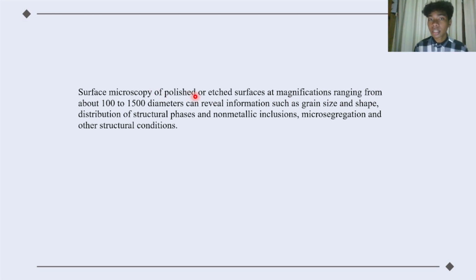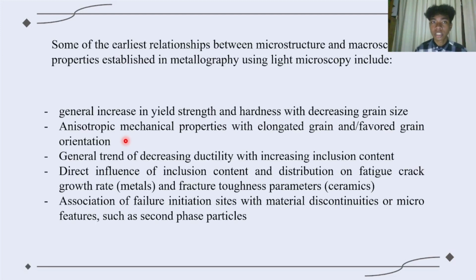can reveal information such as grain size and shape, distribution of structural phase and non-metallic inclusion, microsegregation, and the other structural condition. Some of the earliest relationship between microstructure and macroscopic properties established in metallography using light microscope include general increase in yield strength and hardness with decrease in grain size, anisotropic mechanical properties with elongated grain and favorite grain orientation,